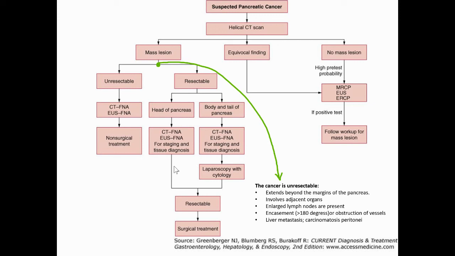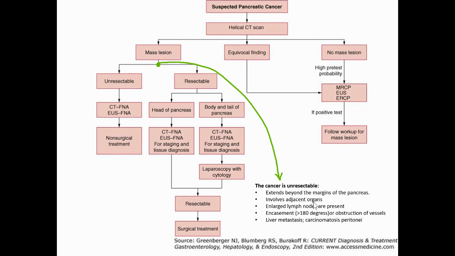So in the diagnostic algorithm, helical CT comes first. If we see a mass lesion that is probably pancreatic cancer, then we need to decide whether it's resectable or unresectable. Because if it's not resectable, then patients will not be offered surgery at all. If it's resectable, then they will be operated on. And the way to decide is to check whether it extends beyond the margins of the pancreas, whether